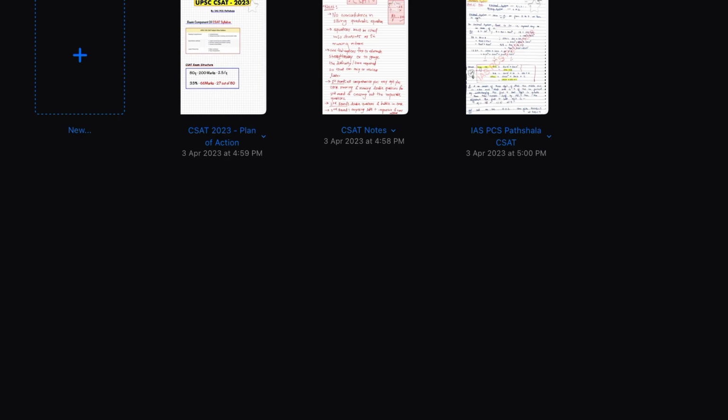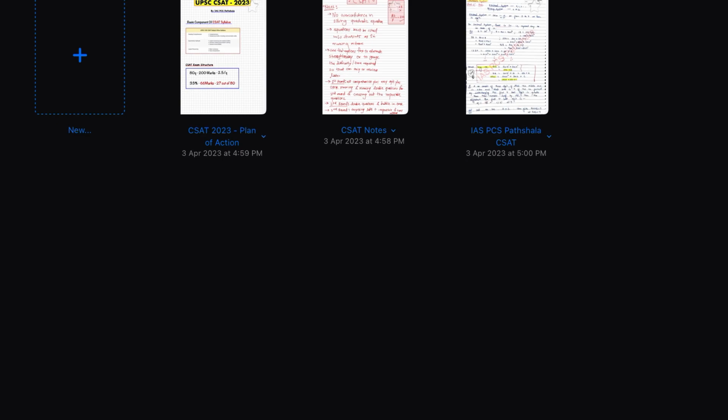to make notes on CSAT, because again there are certain conceptual questions, and sometimes the questions are conceptual, but they are time taking. And if you have to solve that particular question in as little time as possible, you first need a lot of practice, and second you need to have tricks also. So those tricks you have to mention somewhere. There are certain formulas that are very important. Those formulas you have to write, right? So for that you need a comprehensive document where you can make these notes.